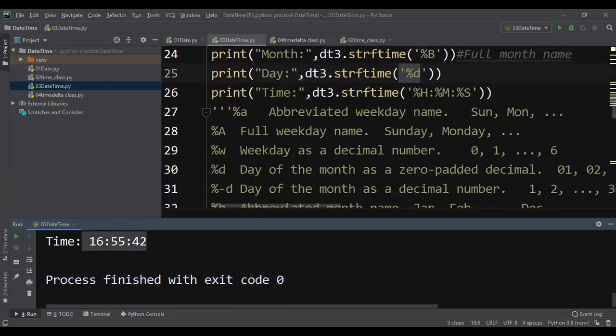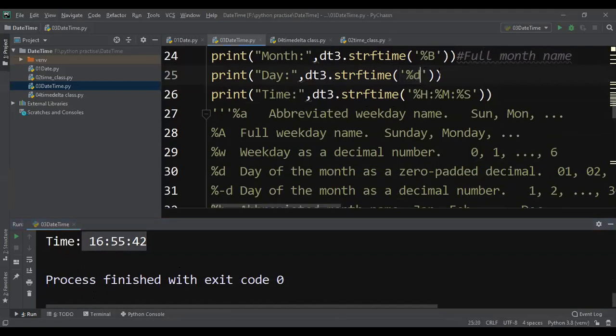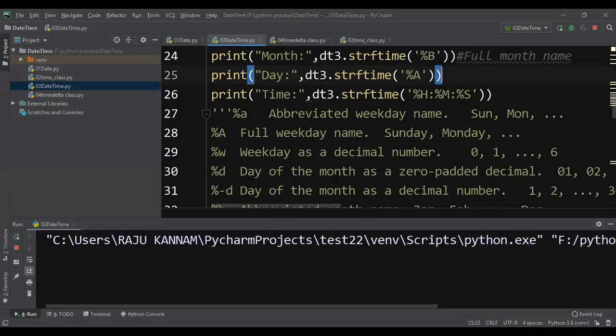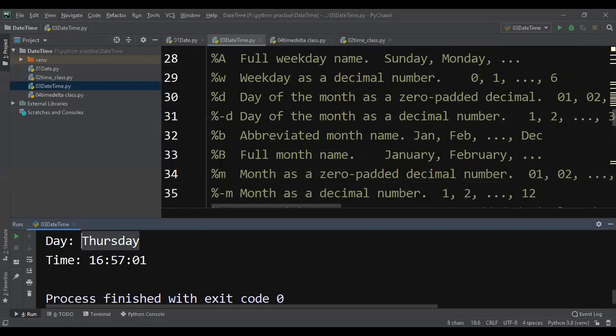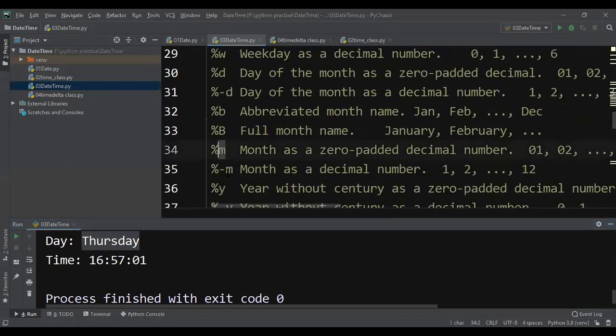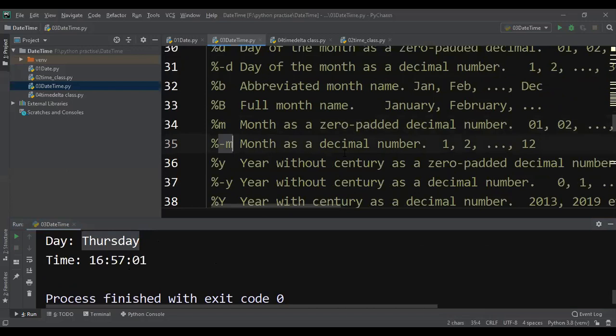And here you have percentage A. If I give capital A, it will give the full weekday name. Today it is Thursday, so it will print Thursday, the full day name. Similarly, you can try the dash m; if you use it, it will print the month in digit format.